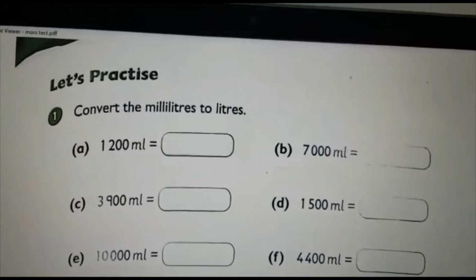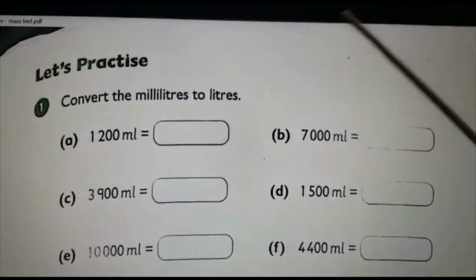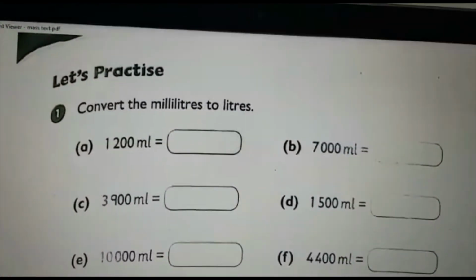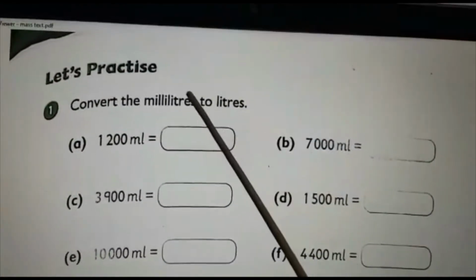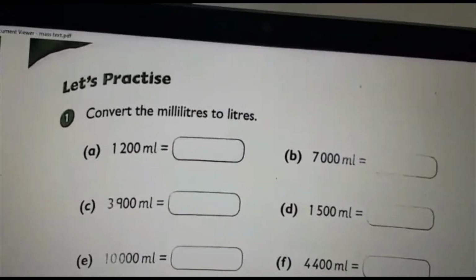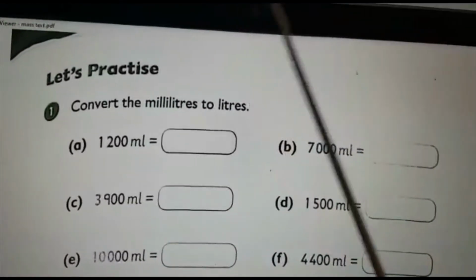So in this video, we are going to discuss the most important portion of this topic, that is the conversion. Same like the conversion of length and mass, here also we are going to do the conversion of liquid, that means capacity or volume, conversion of volume. We are studying only two units, is it? Which are the milliliter and liter.